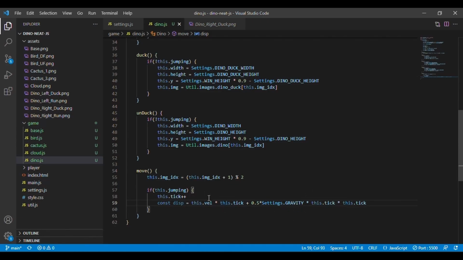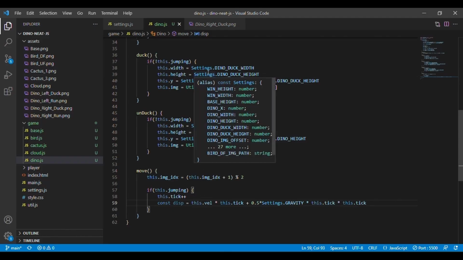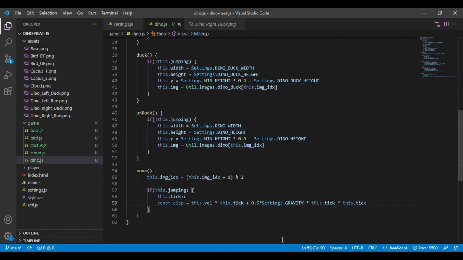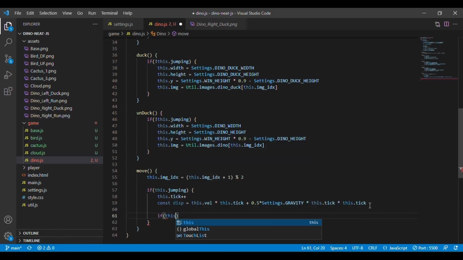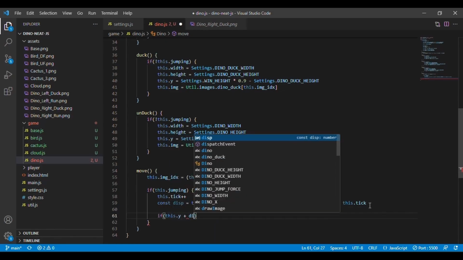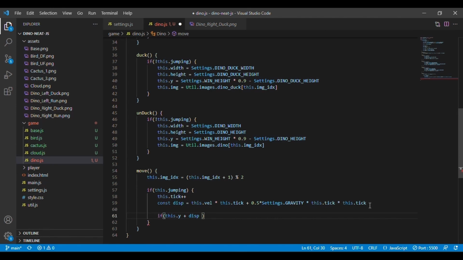Now based on this displacement, we'll check what's going to be the Y position, and if it's going beyond the boundary, let's say below the base or above the window height, then we'll reset it. So first, let's say if this.y plus displacement is greater than the position of base,